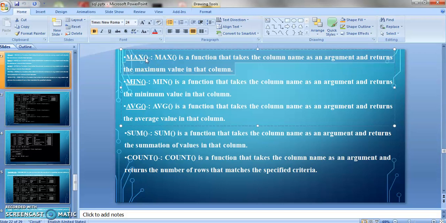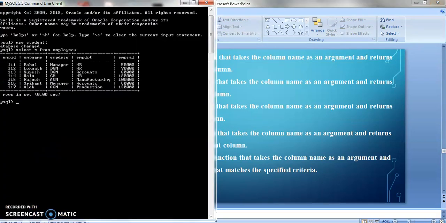You can see there is a parenthesis, like an open bracket and close bracket, and in this bracket the user will put the column name and it returns the maximum value in that column. Okay, so how are we going to do this? I have opened the MySQL command line client, and here I have the table employee.